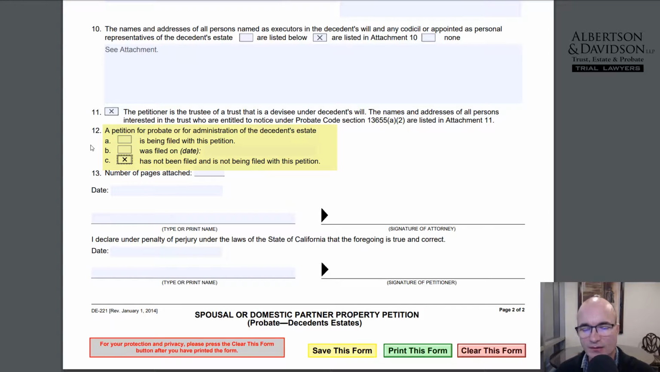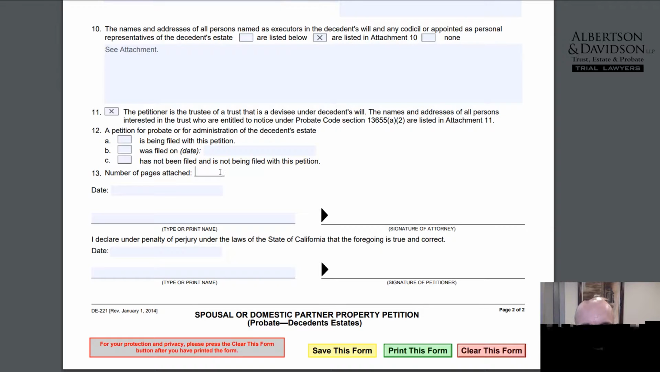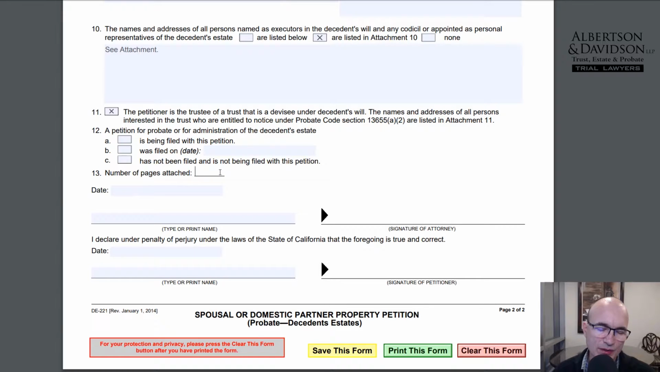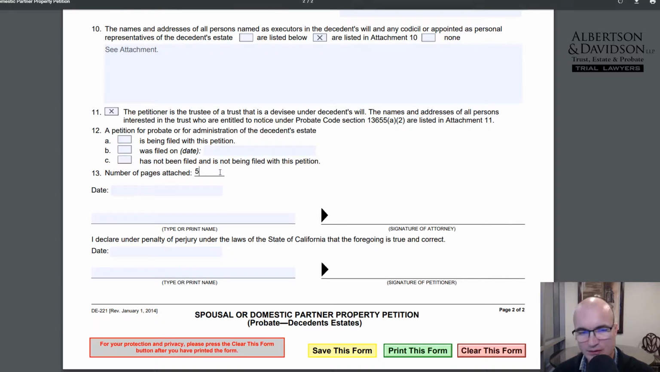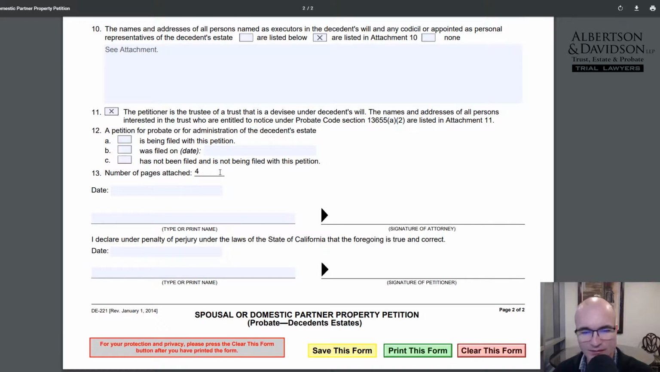The spouse still has the right to go in and ask the court to order their share of the property to pass out to them. And that's really what number 12 is about: is there a petition pending or not? And then you're going to put the number of pages you've attached. We have a number of attachments that we've discussed. However many pages you have, you just need to tell the court, maybe you have 4, 5, 6 pages,